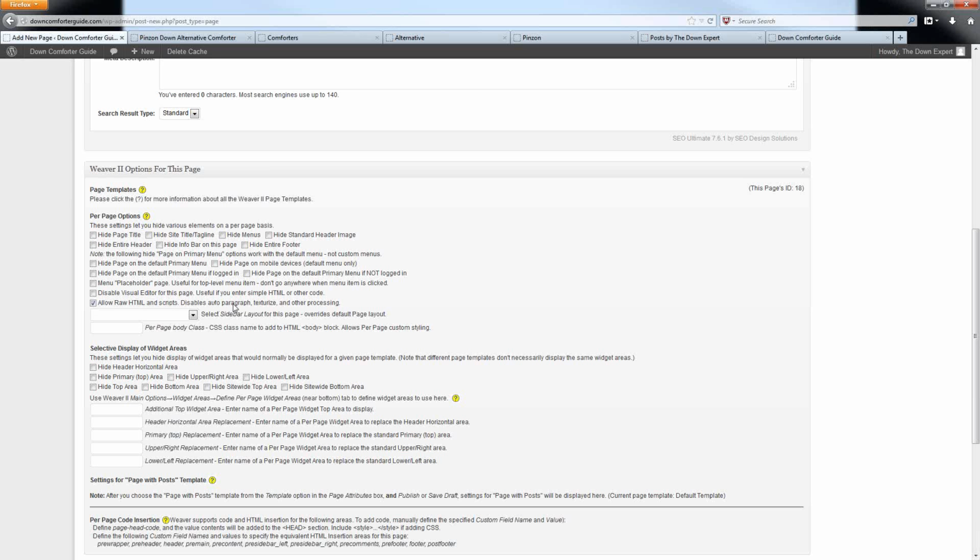There's still the other options for disabling the auto paragraph right here, just like there was on the post options. However, there's even more choices here that you can use. This particular drop-down box right here allows you to select the sidebar layout for this page. This is actually referring to the widgets that are used on the page and how they are positioned or displayed